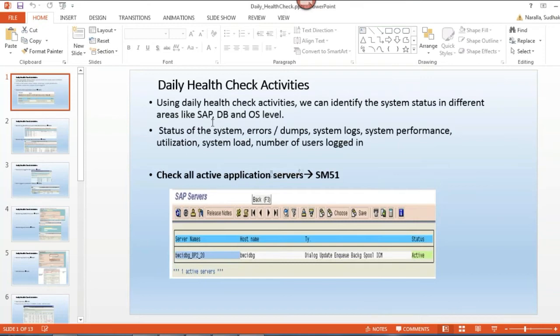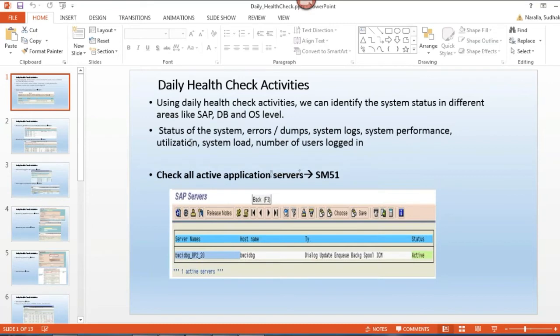Okay, log into the productive client and execute the SM51 T code. What is the use of SM51? The SM51 T code will give you the application servers list, means the SAP servers list. And how many instances are there?